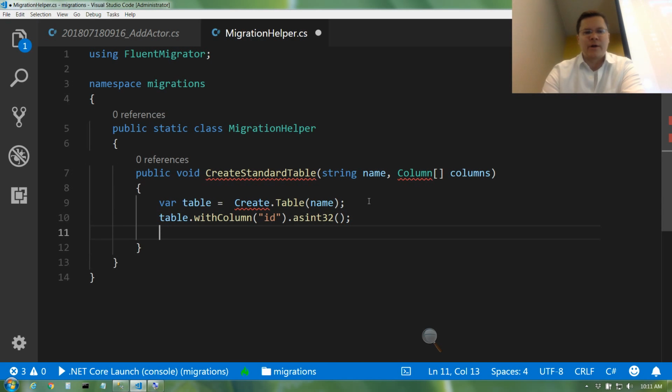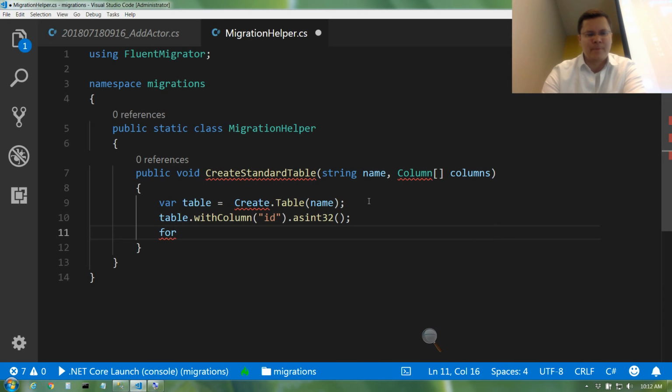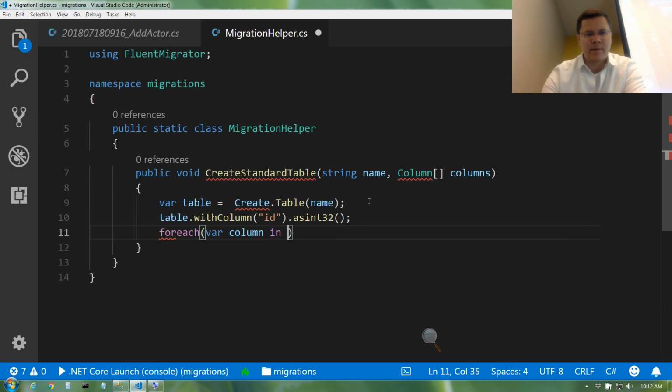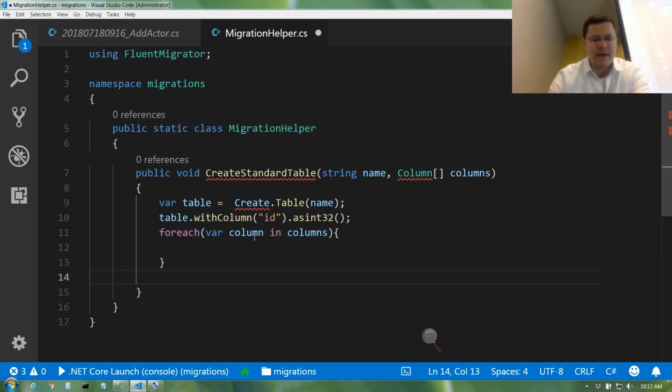And do kind of all your common stuff, right? And then you would say for each column in columns, then you could add the additional columns, right? And then you could say